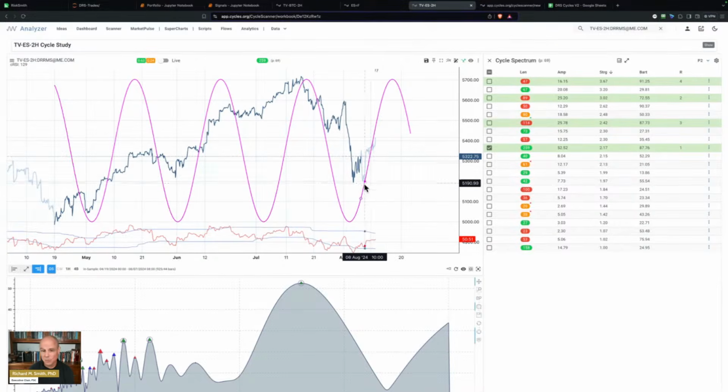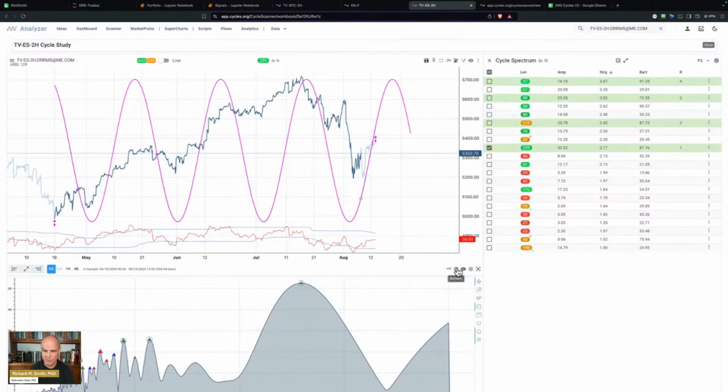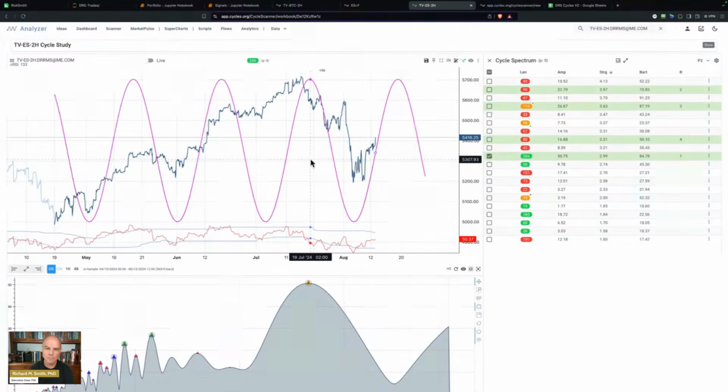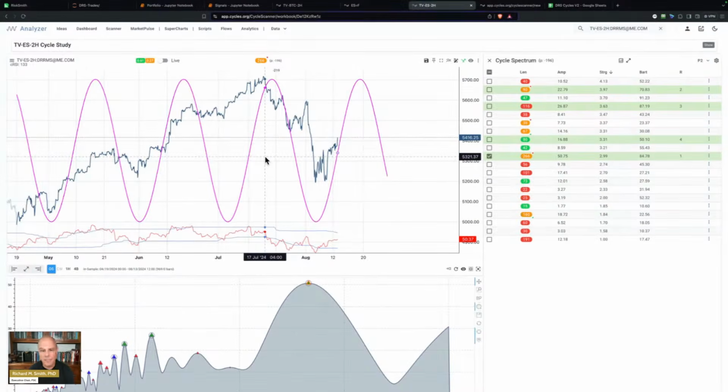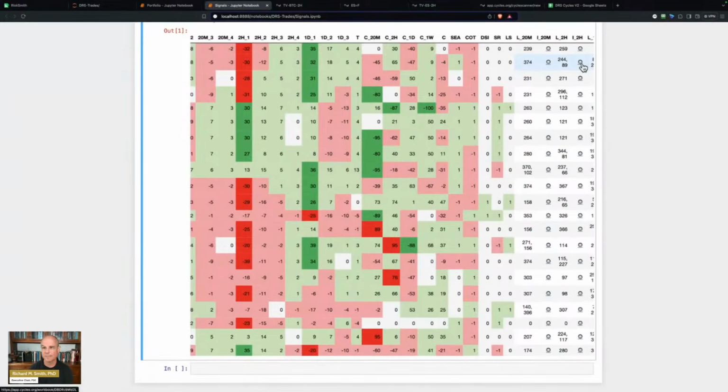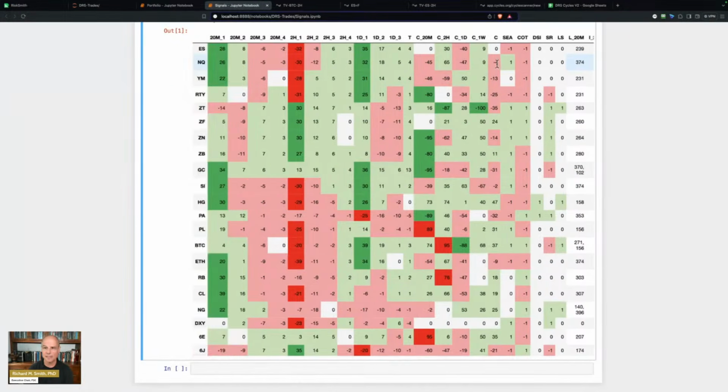And this still has room to run. And we got a cyclic RSI buy here. And momentum is still pointing up. So let's update this one to incorporate the latest data. I don't expect we'll see much change. All right, so in the S&P E-mini, we've got bullishness on the 2-hour cycle. I think the same thing is true in the NASDAQ. So let's see, yep, the NASDAQ. Let's go look at the NASDAQ 2-hour cycle.